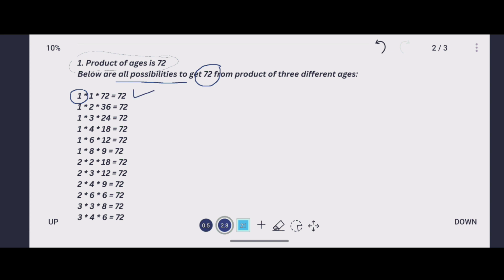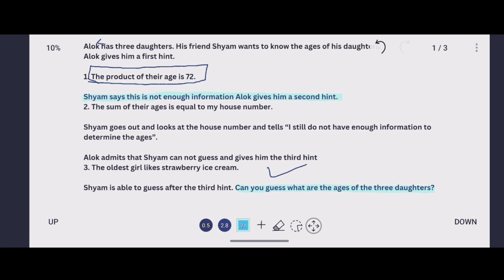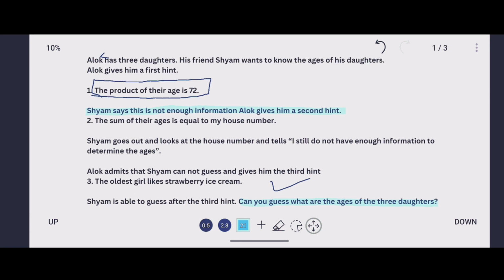Basically, I am taking all those three numbers whose multiplication will be equal to 72. So this is the entire table which I will get. Okay, so I have utilized the first hint, but I cannot identify the ages of all the three girls on the basis of this information only, and for that Alok has provided the second hint, which is